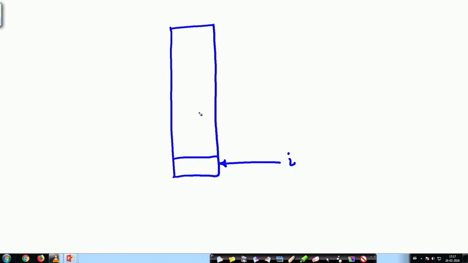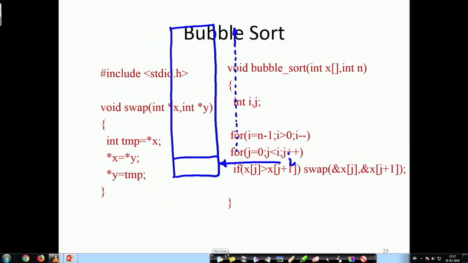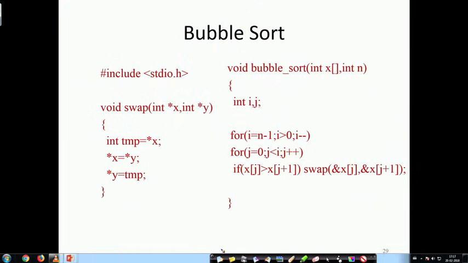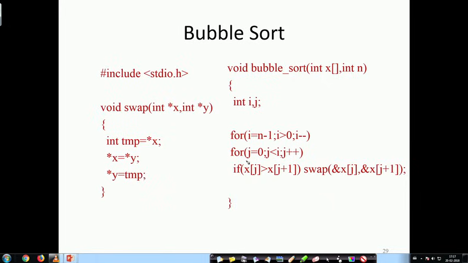So, i is pointing here and it will go up to 0. Gradually it will go in this direction up. That is what the first for loop is saying. The first for loop is saying that i starts from the bottom and goes up to 0, as long as it is greater than 0.